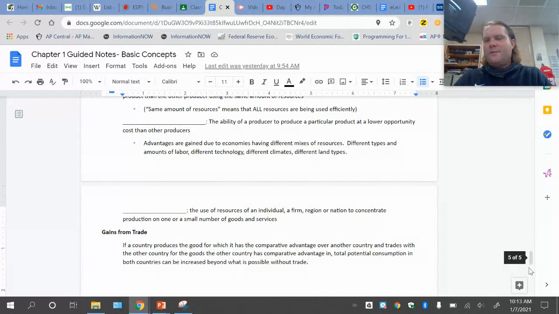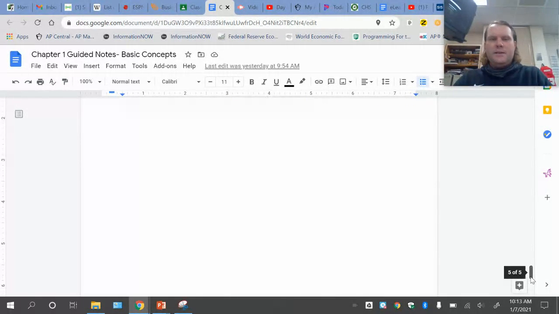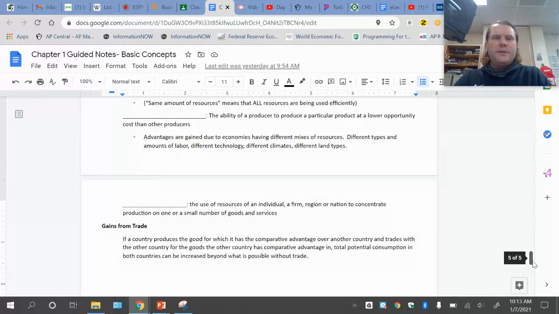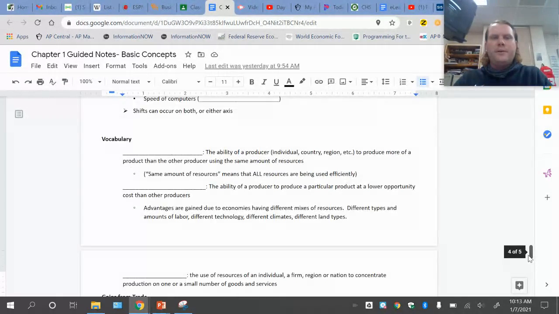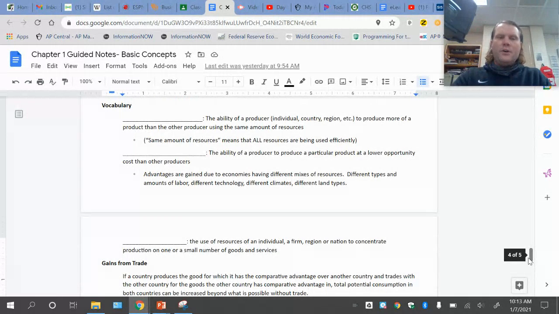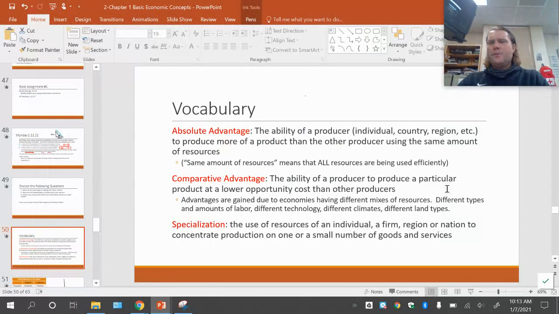If you have this printed out, you have space, wherever that is, but taking it on notebook paper is going to be the easiest thing for you. But we are starting on the notes that are going to finish these notes you got the other day. So we're starting on the vocab. Some pretty simple terms that we've got to keep straight.